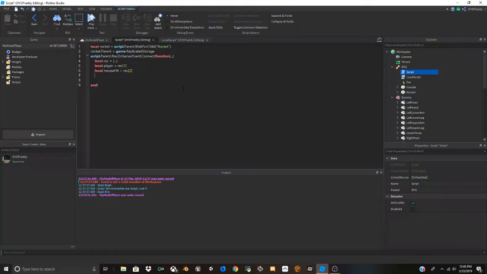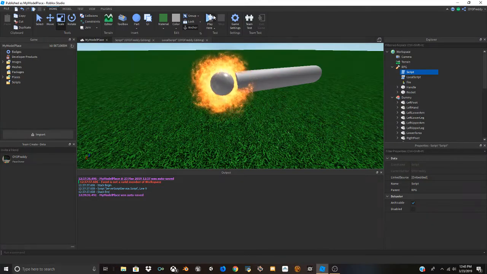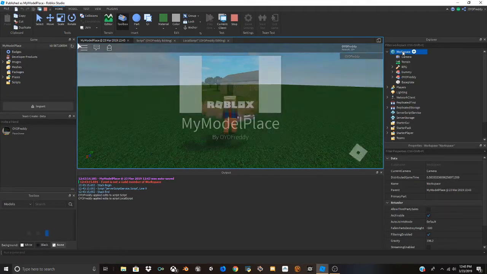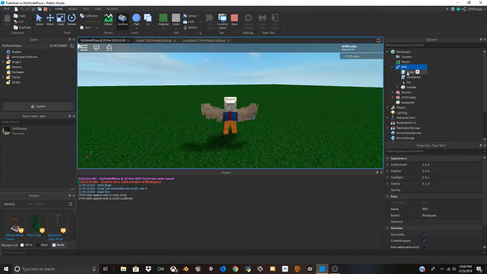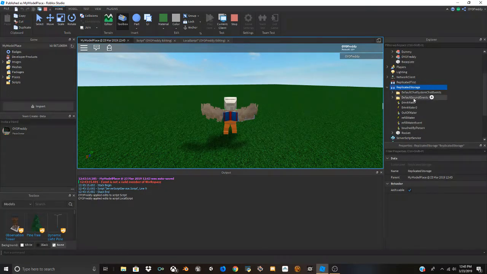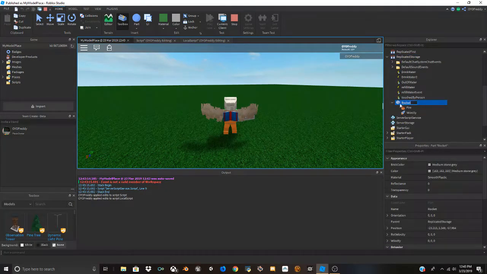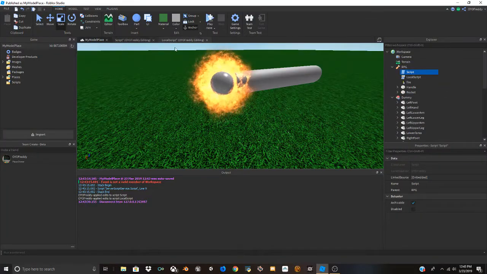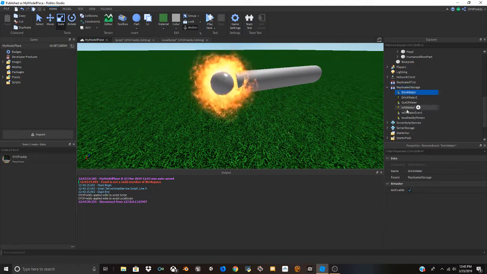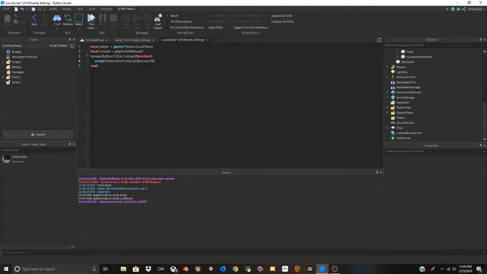Now down here we can do, actually before we do that, let's check and see if this works. As you can see, the rocket inside the RPG has disappeared, and it hasn't really disappeared. It's just gone right here into ReplicatedStorage where we have sent it. I have a bunch of garbage in here from old stuff that I'm going to delete. But now what we are going to do is